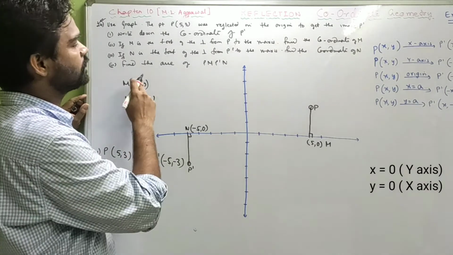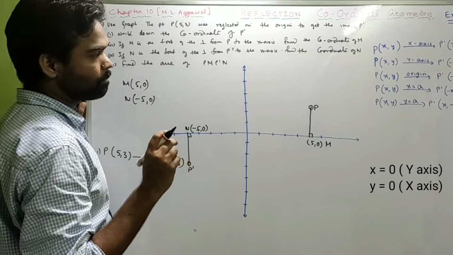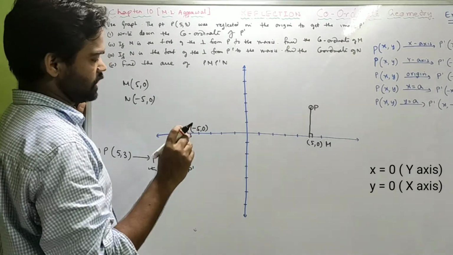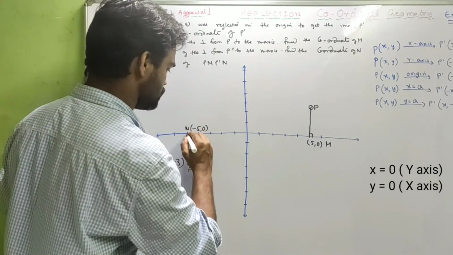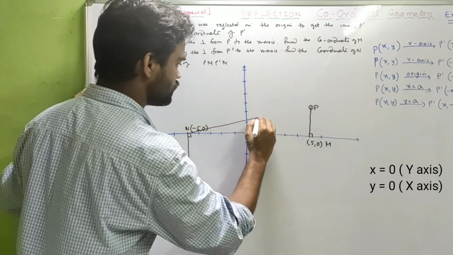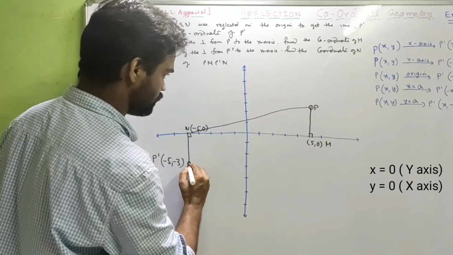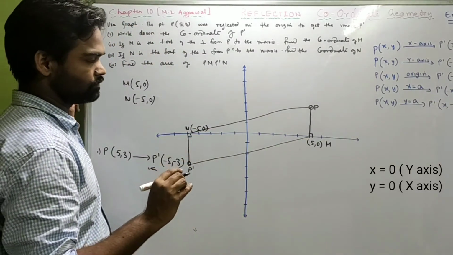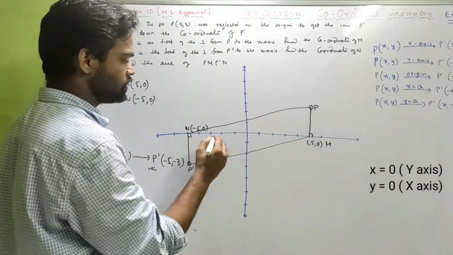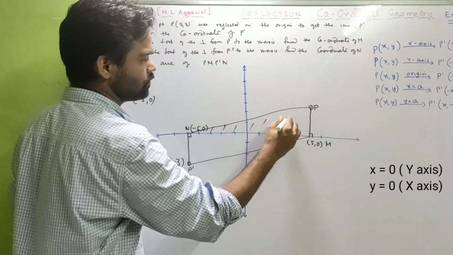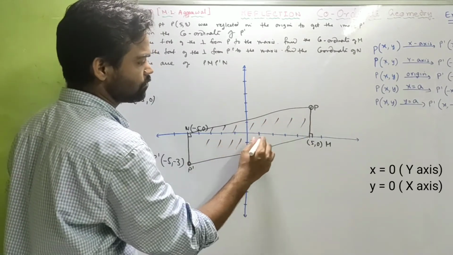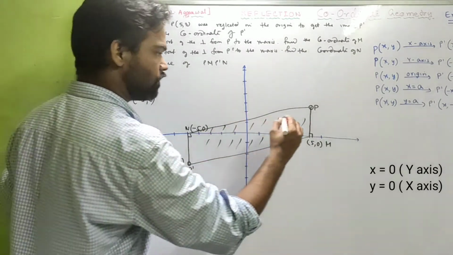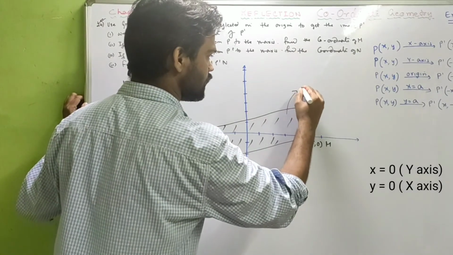Then they told us to find the area of PM P dash N, which means if you join it, just look over here. When you join it, you get a parallelogram. Okay. Now I can divide this whole figure into 2 parts. 2 right angle triangles, see, isn't it? For this, the area is